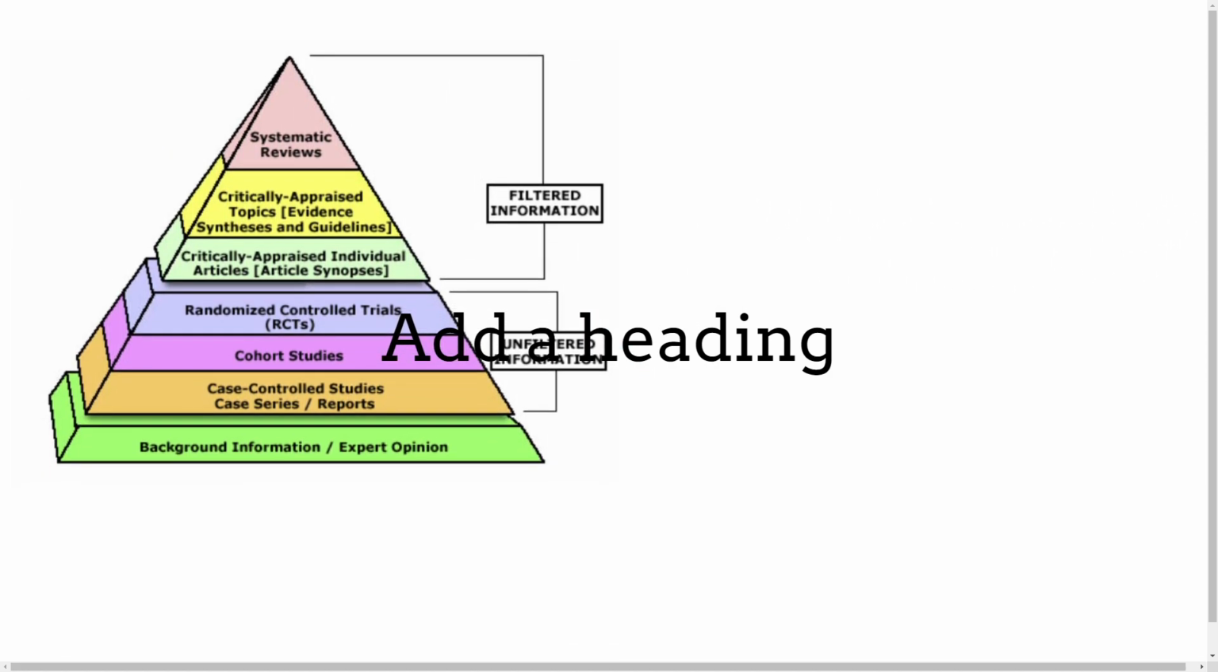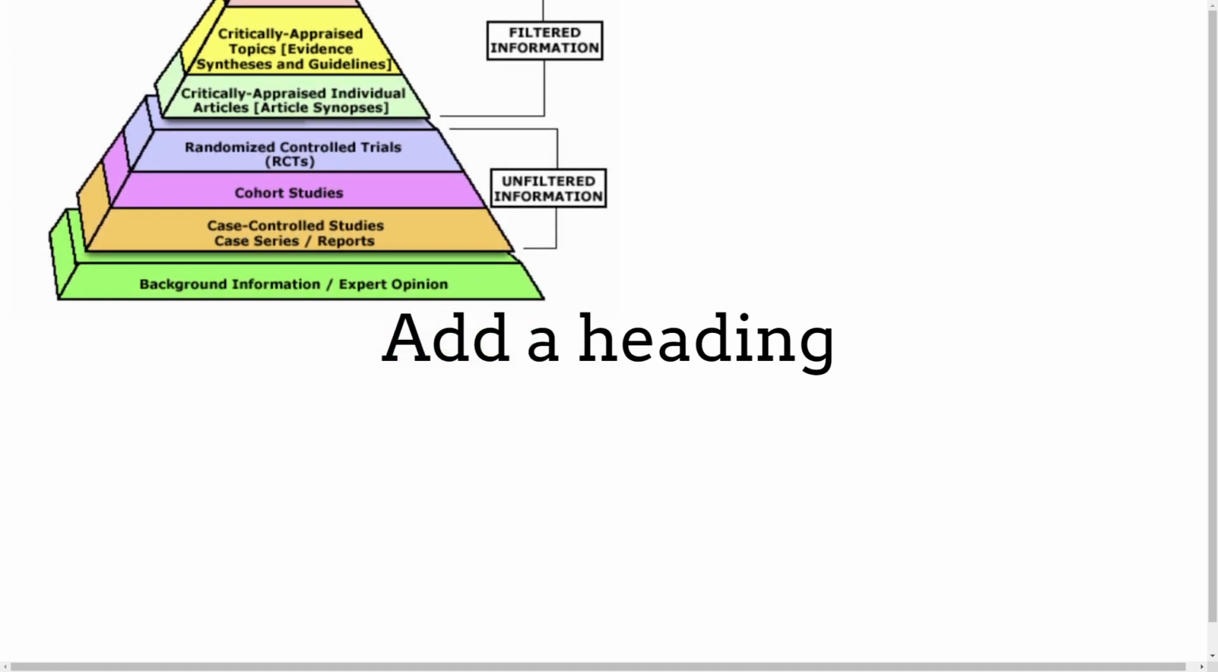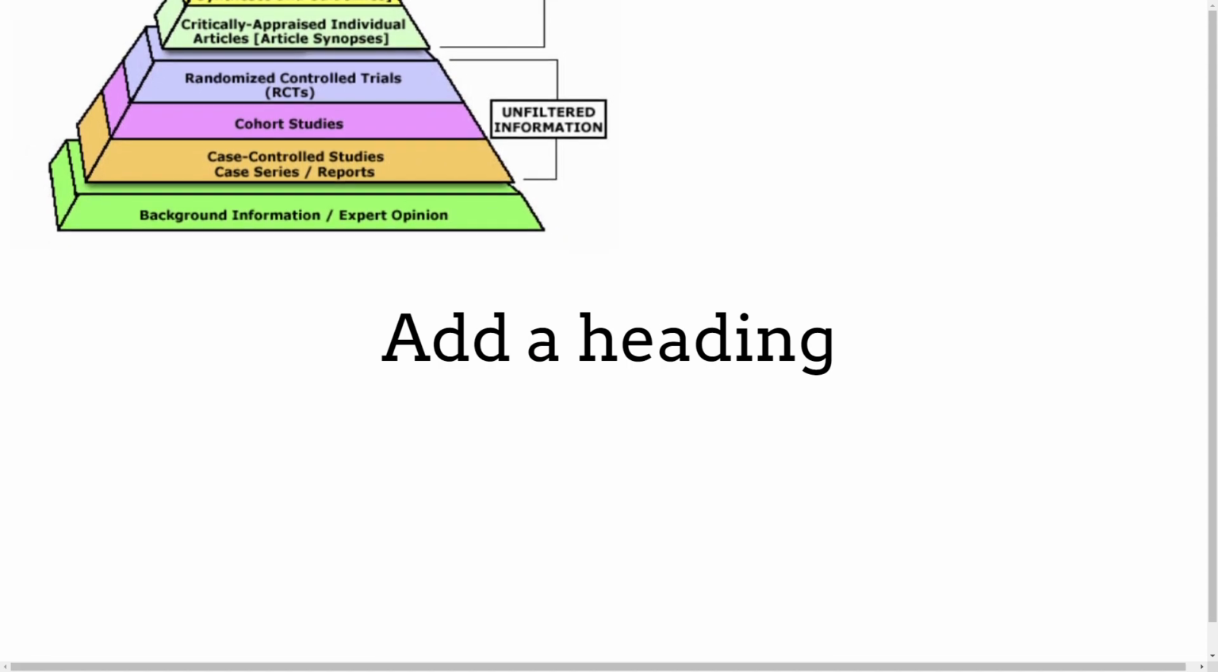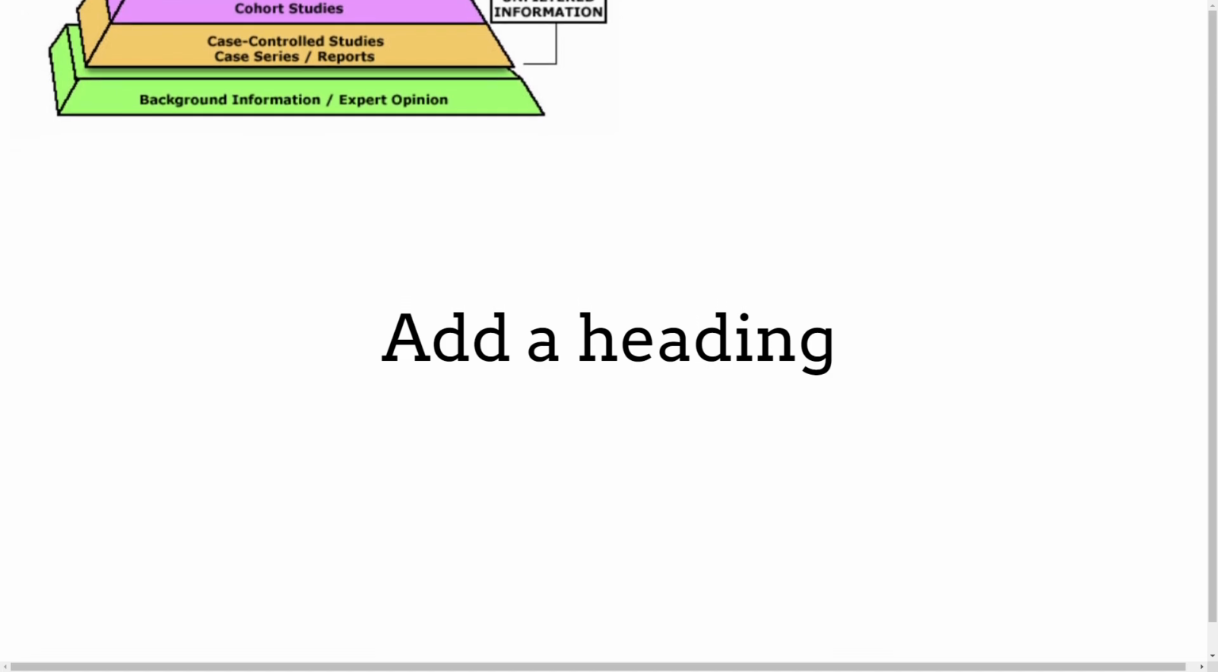The pyramid is also split between filtered and unfiltered evidence. Filtered and unfiltered resources differ in the level of evaluation applied to the works reviewed and the transparency of the authors regarding their evaluation methods, criteria for inclusion,